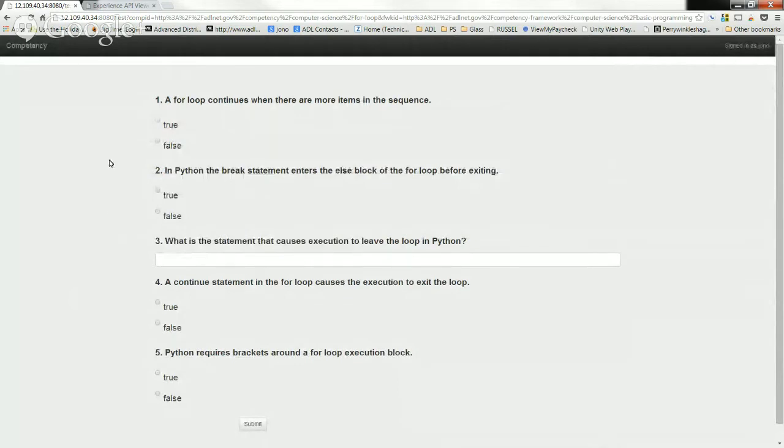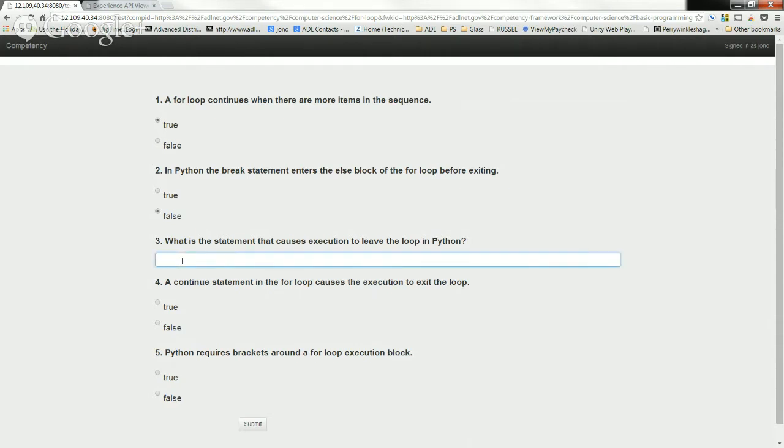We go through it, hopefully successfully. For loop continues. Are there more items? Let's go with true. I'm going to try to do it without looking at the cheat sheet, but I might fail. So let's go for this. Python, the break statement enters the else block before exiting. False. Is false. What is the statement that causes execution to leave?